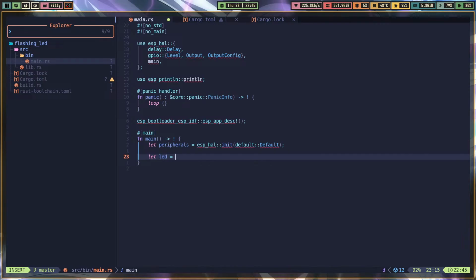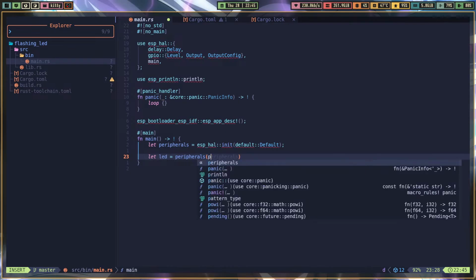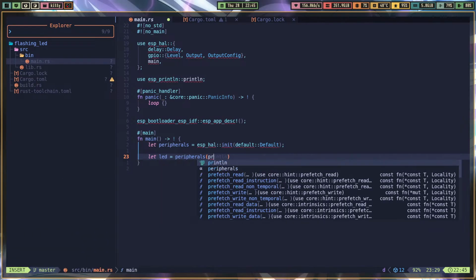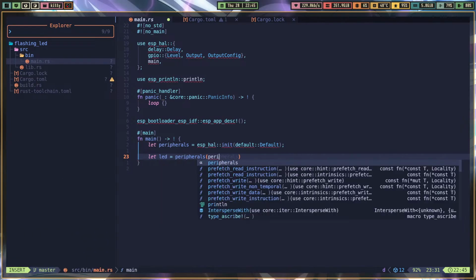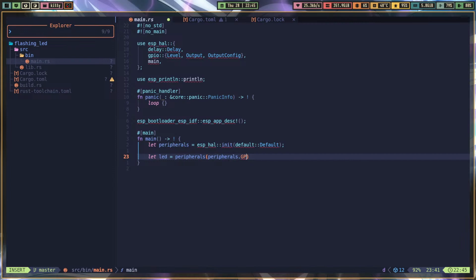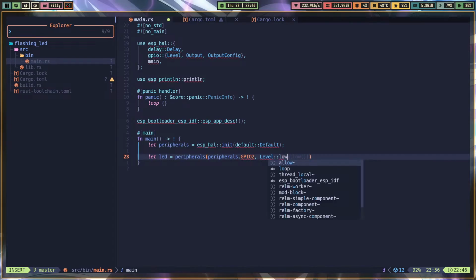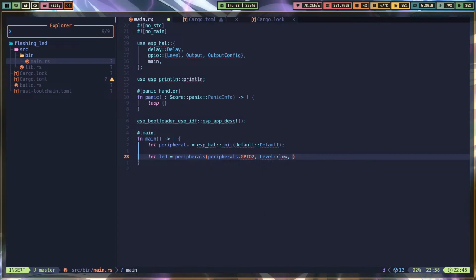LED is equal to peripherals, peripheral to